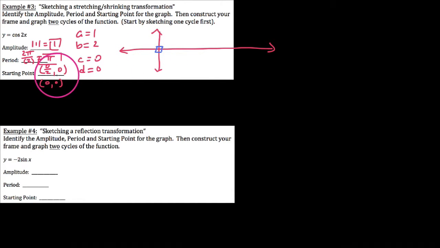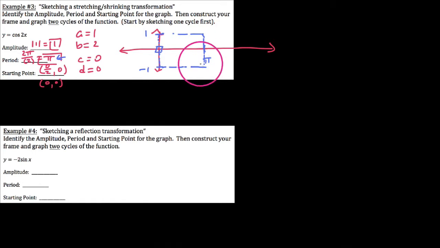So we say starting at 0, 0, we're going to go up and down by a height of 1. Essentially, that's the height of our frame here, 1 and negative 1. So we say here's the left side of our frame. Now we want to know how far out to go to the right, and according to this, the length of this would be pi. So I'm going to call this pi right here, and I'm going to say that our frame proceeds out to